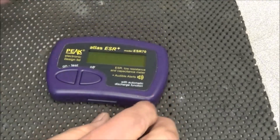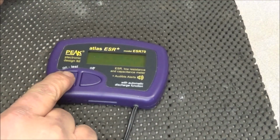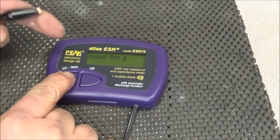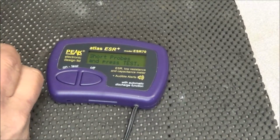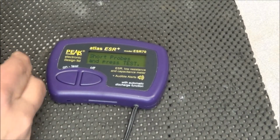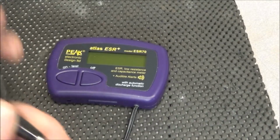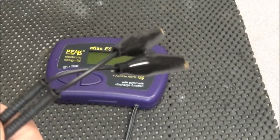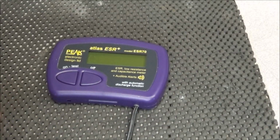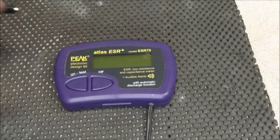I was just reading the manual, and to set this thing up, you turn it on and hold it for greater than 5 seconds. You can also turn the sound off and on. For probe compensation, short the probes and hit test, and it comes up okay and goes back off, and this sets, I guess, the resistance of the wire and the probes and stuff. So if you want to try to use other probes with it, you can compensate for it. Now, I wish this had a jack on it so you could change your different probes, because